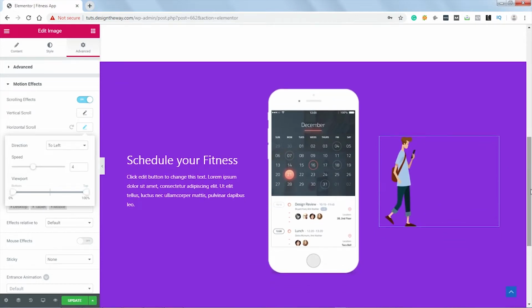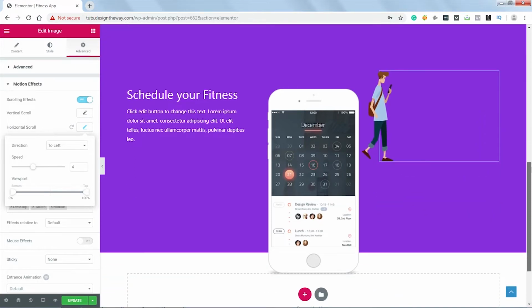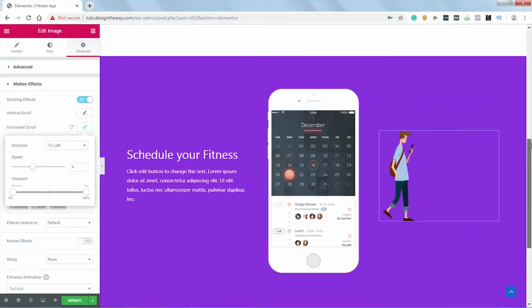But there is a problem here. I do not want this image to continue to scroll to the left when I leave this section. I want it to stay up here. Now if I scroll down right now, the image continues to move to the left. I do not want this. To control this,